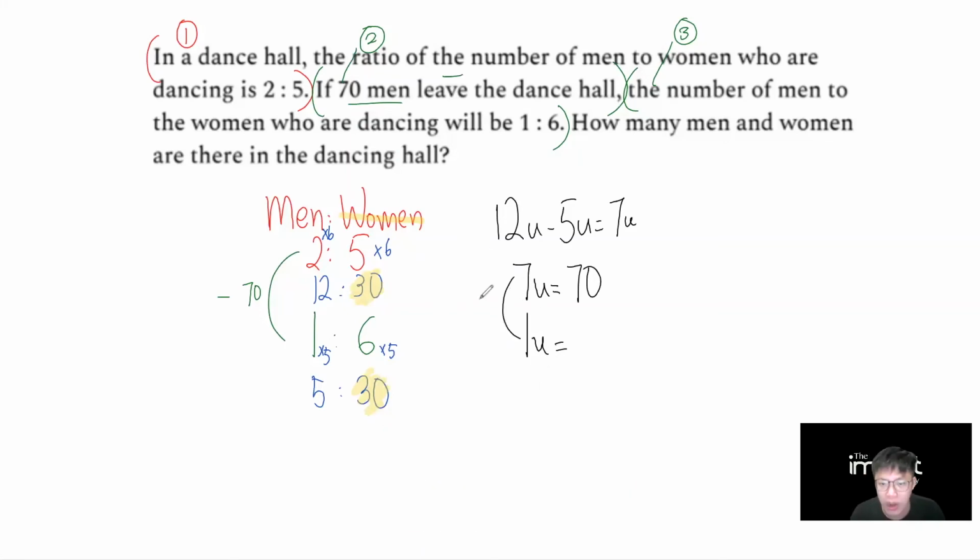So I ask myself, how do I get from 7 to 1? I divide by 7. When I do something to the left, I must do something to the right. Therefore, it's 70 divided by 7, which is equals to 10. Once I have my Mr. Green Man,